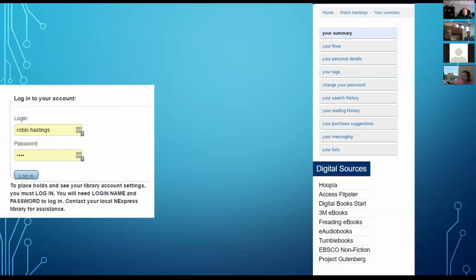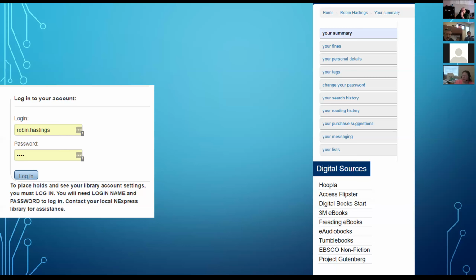But yes, the login is definitely something that can be changed in the patron screen, the patron edit screen. Are you guys fairly familiar with the patron edit screen? I'm getting more questions, and maybe at the end, we can go in and look me up and see what my information is on the patron screen, and you can see where we go to change that stuff.